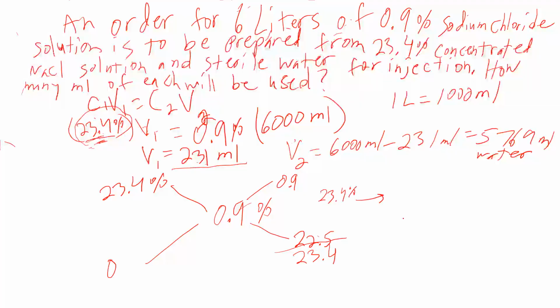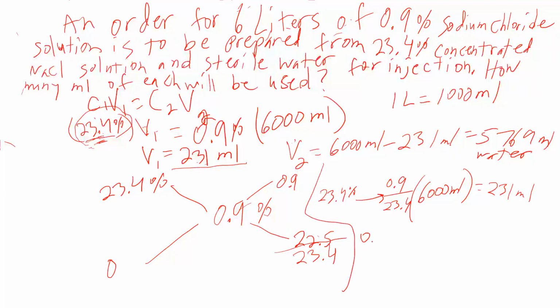the 23.4%, all we do is we say 0.9 over 23.4, and then you multiply that by the 6,000 mils, because it's a total quantity that you multiplied by, and then you would get 231 mils. If you want the water, you know what? Let me put this here so I can. Okay, the water,